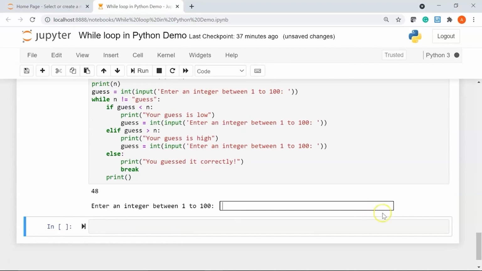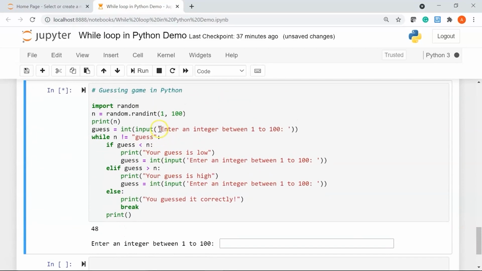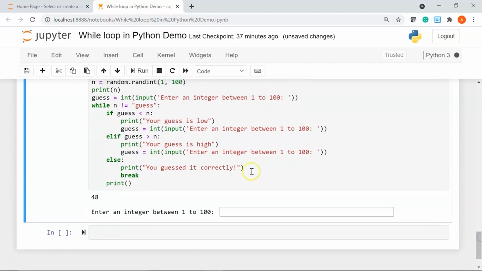Okay, so here you can see my program generated a random integer 48 that lies between 1 and 100. So our loop will only stop executing when we enter our number as 48. Otherwise it will keep on running and asking you to enter an integer.